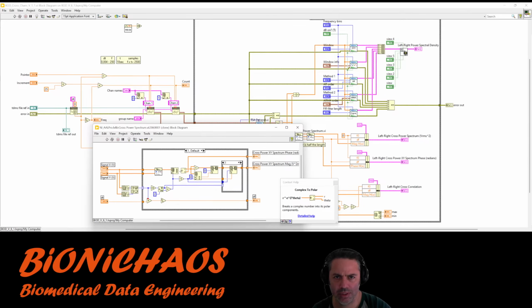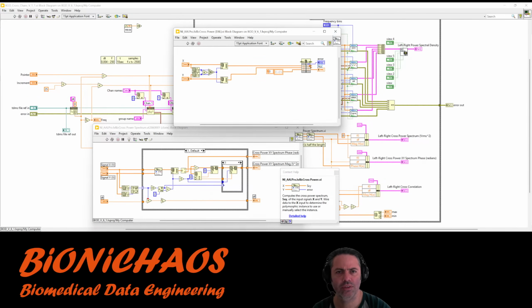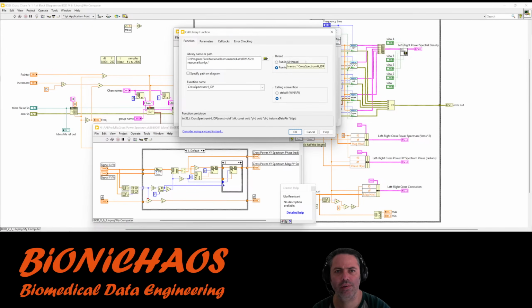Breaking a complex number. Why do I get a complex number? Because this SXY is a complex number. It's calling this cross spectrum. Now it's spectrum again.